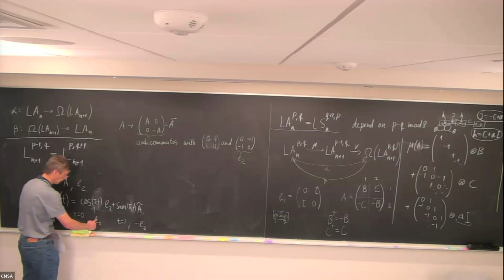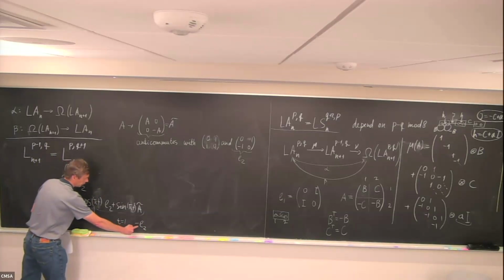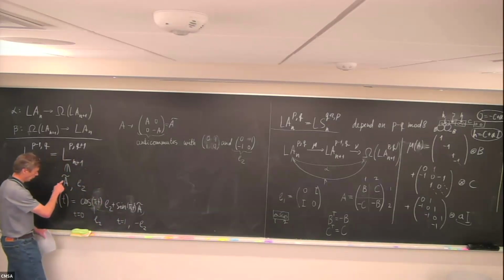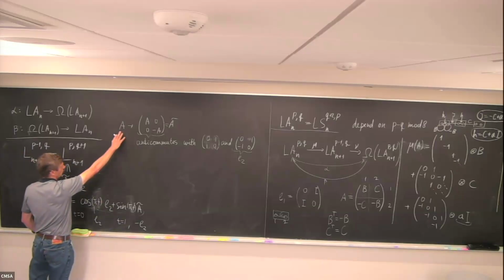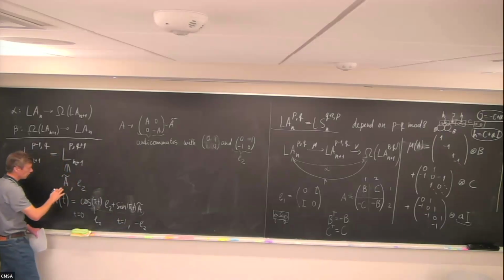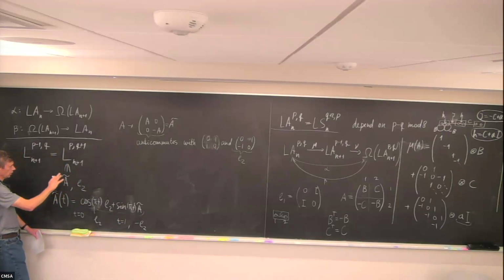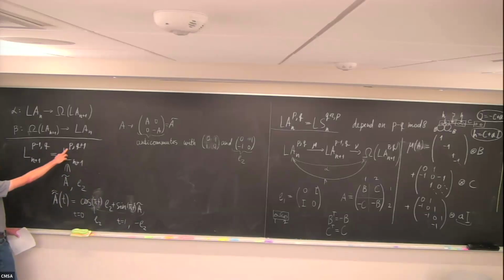Basically, we have a path between E2 and minus E2 that is defined by A tilde, and eventually it depends on A. And E2 is no longer a symmetry. This matrix in general does not anti-commute with E2. But E1 is still a symmetry. So we have recovered our P,